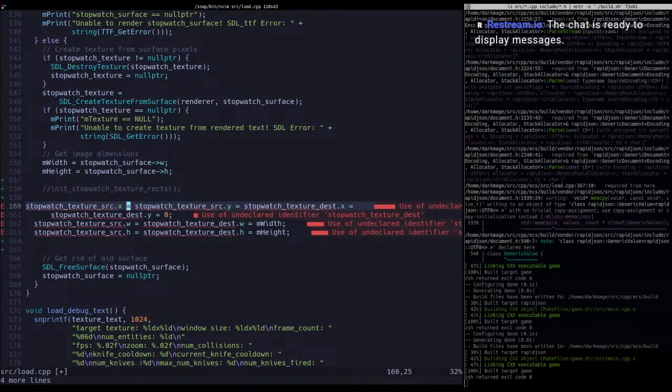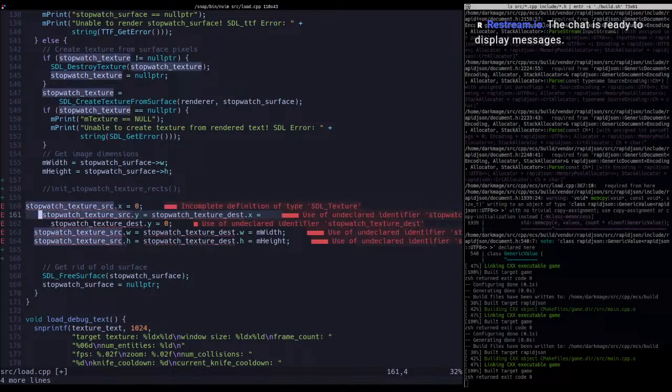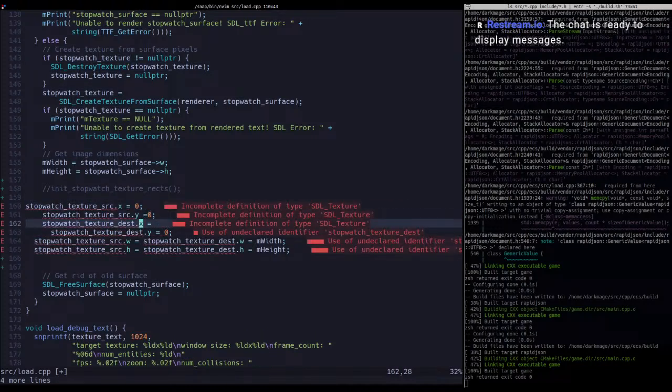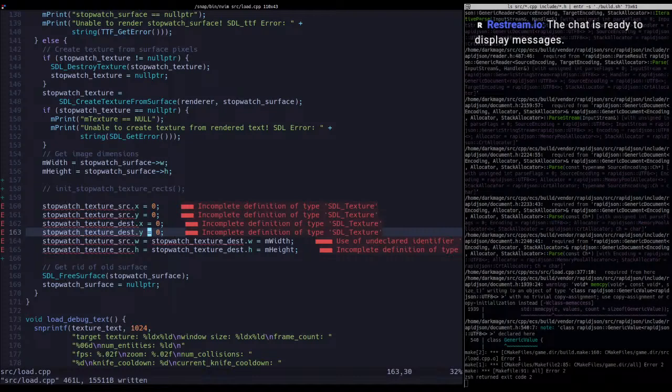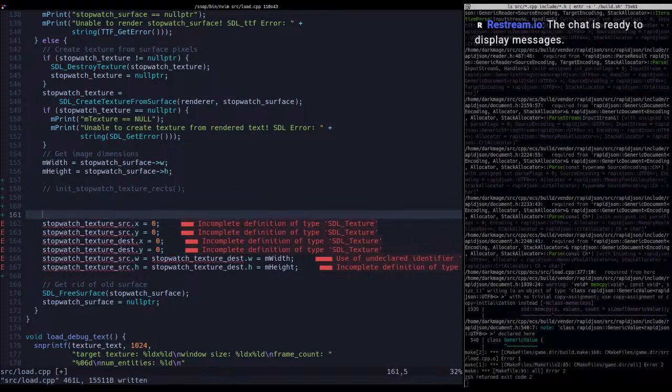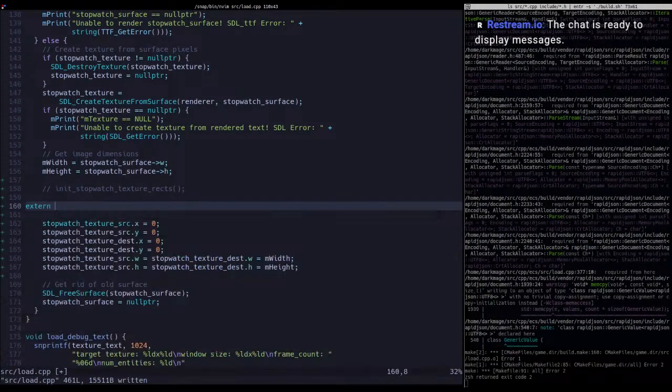I'm going to break this up into multiple lines. The meaning is still the same, so no worries there. Okay, it didn't build, of course, because we have to extern